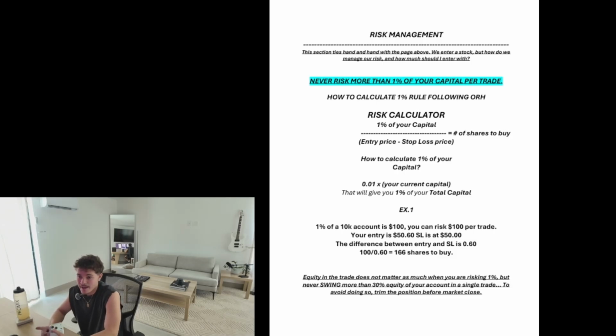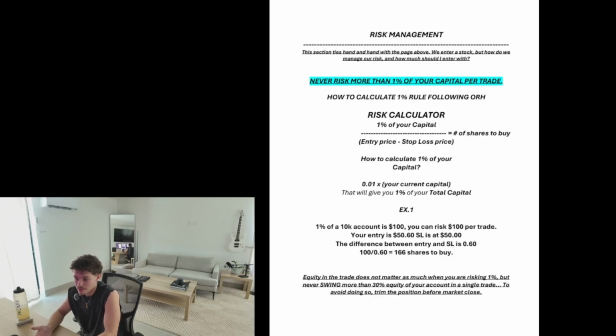But that does not mean you can only put $100 into the trade. And we're talking about shares here. Options, a little bit of a different story. But risk does not equal equity in the trade. When it comes to swing trading, you can put really large amounts of capital, or even 70% of your portfolio, into a single trade if the risk management allows you to do that. Like I've had times where you can almost full port safely because the R to R is tight enough that you can size in so large